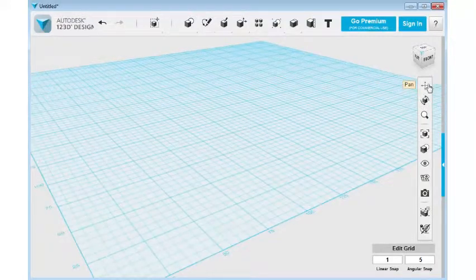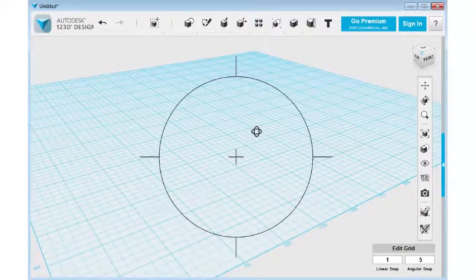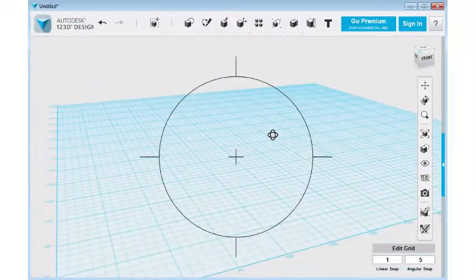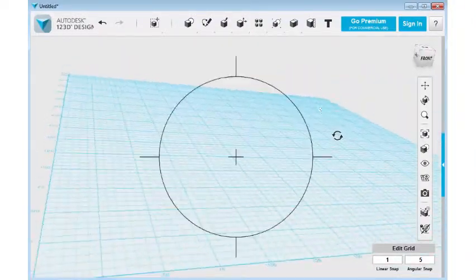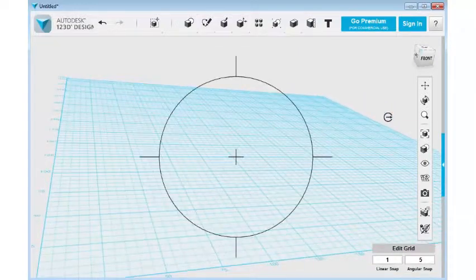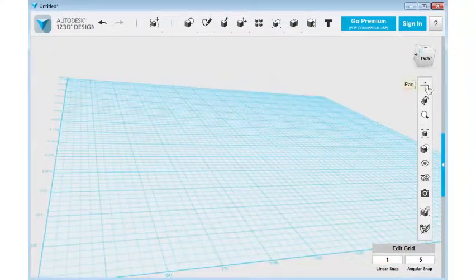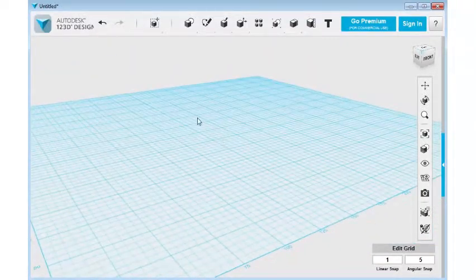But if you do not have a scroll wheel mouse, you can also click here and the mouse turns into a pan tool. You can do orbit. If you click within the circle, you can do pretty much a 3-way axis orbit. If you click on the orbit tool outside the circle, you pretty much can do it on one plane of turning. And zoom. Click on the zoom tool, go in and out of the viewport. So I'm going to click on this, then I'm going to click on that, and I'm going to return back to